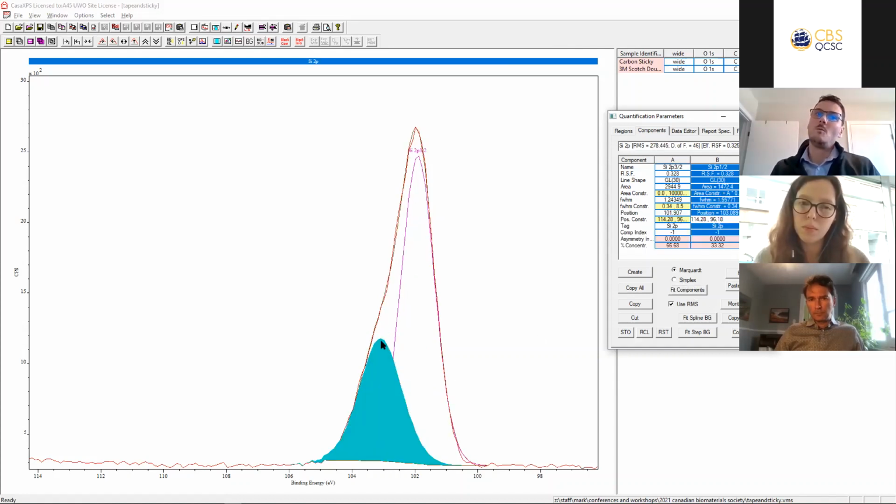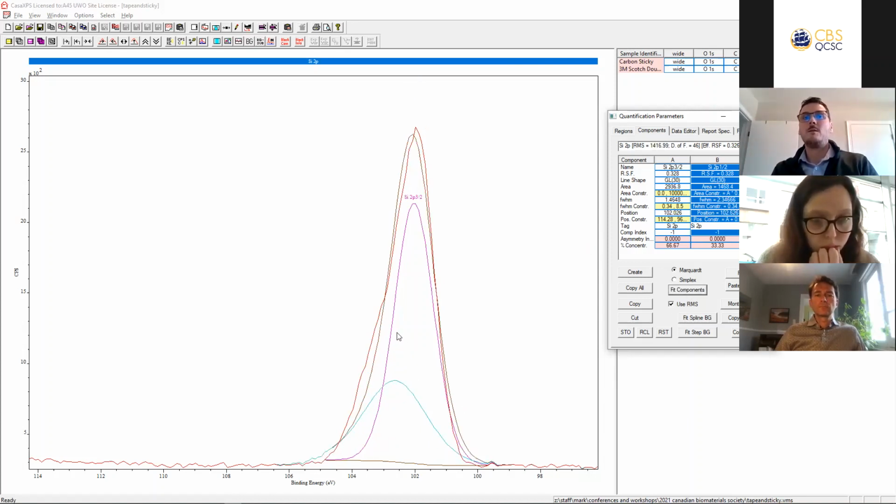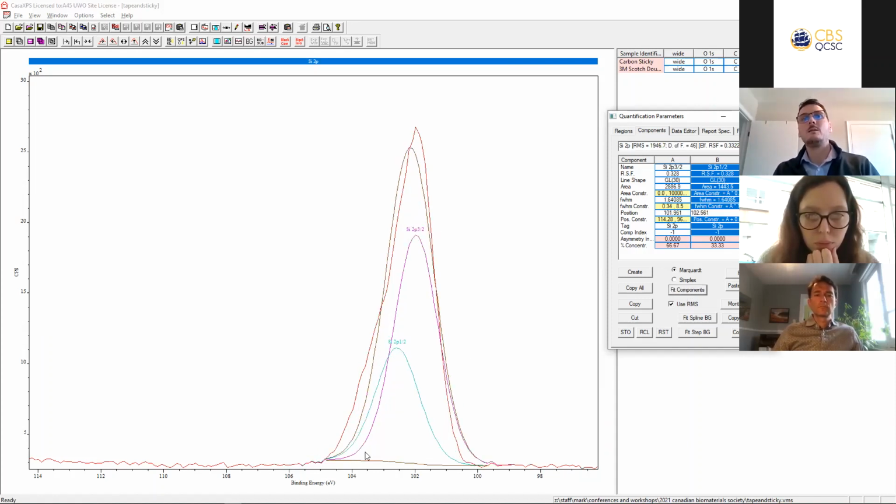But where should this peak be in relation to this peak? Again, we look at our reference book, and it tells me that for silicon the spin orbit splitting should be 0.6 eV apart. So this peak should be 0.6 eV above that peak, so A plus 0.6. If we look at that now, no, that's not right. We got some extra chemistry there. This peak should probably also have a similar full width half max to the main peak. So if we make that constrained, now we have two peaks, a doublet,